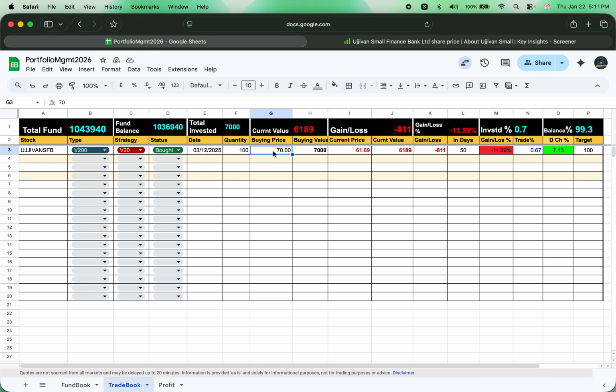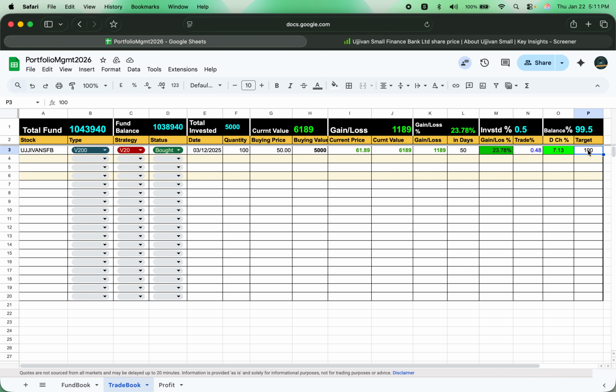But buying price was 50 and the target is 100. Here I also have conditional formatting to let you know that it reached its target. How? When the current price reaches 100 rupees, this section will start highlighting in light blue or cyan